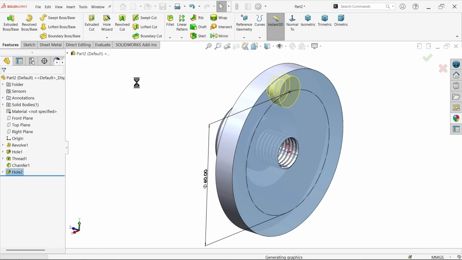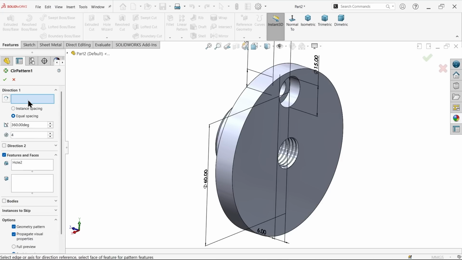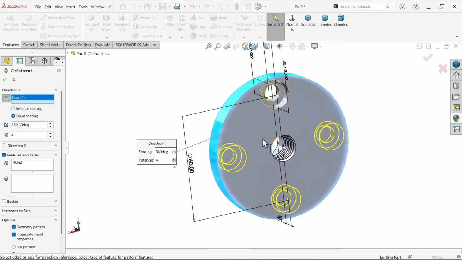Okay, circular pattern. Now first we need to choose an axis, so I am going to select this circular face. Equal spacing, 360 degree. We need to divide by these 4 number of patterns with 360 so that we will get the location for this hole, and the hole here is selected. Geometry pattern,